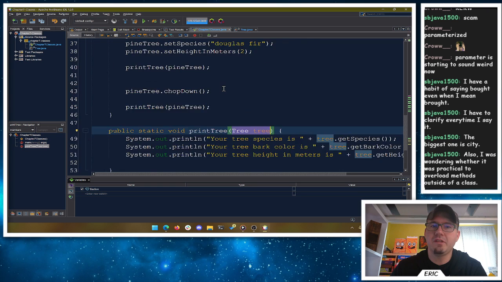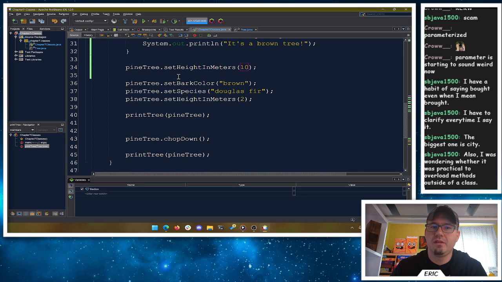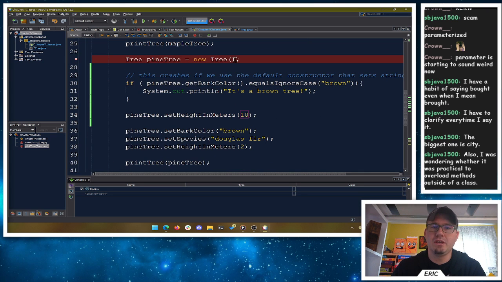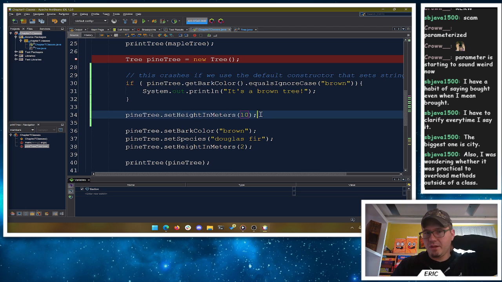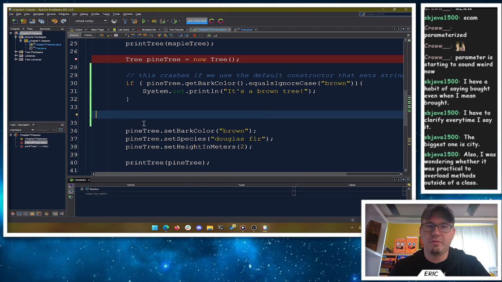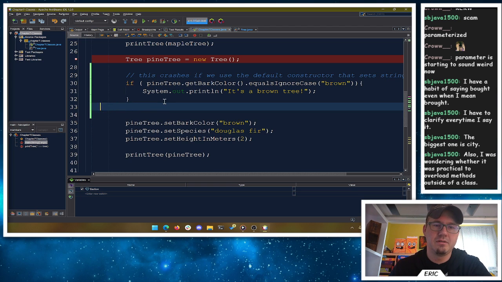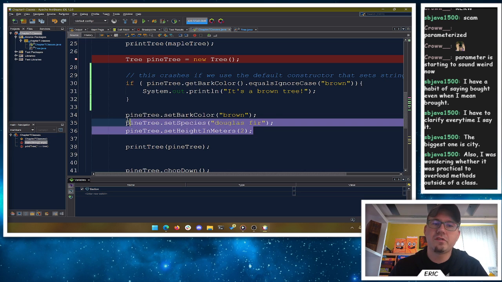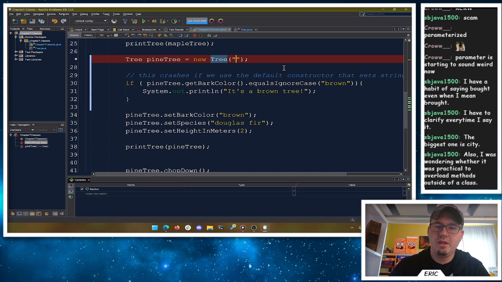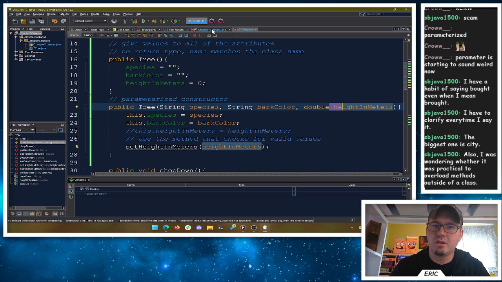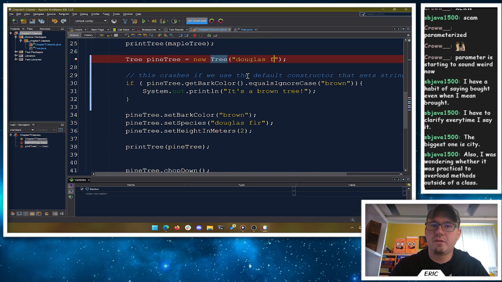What's super nice about this is that now when I go make my tree, if I know what it's going to be, I don't have to call these three lines here. I just need to remember the order: species, then bark color. So it's a Douglas fir, it has brown bark, and its height is 2.